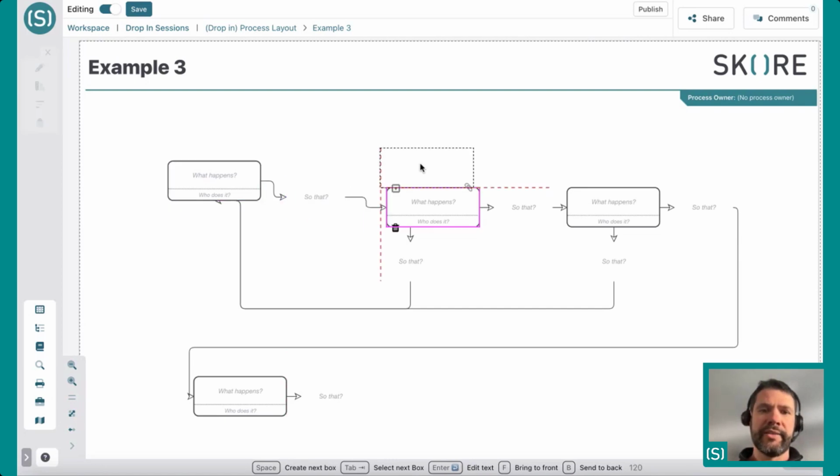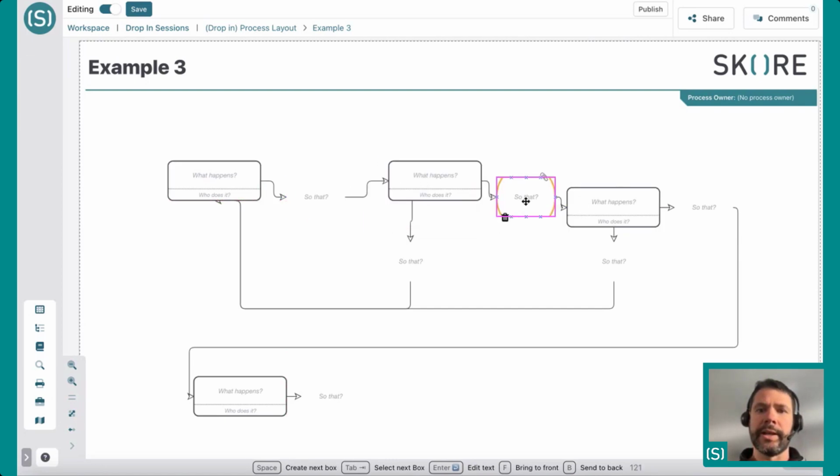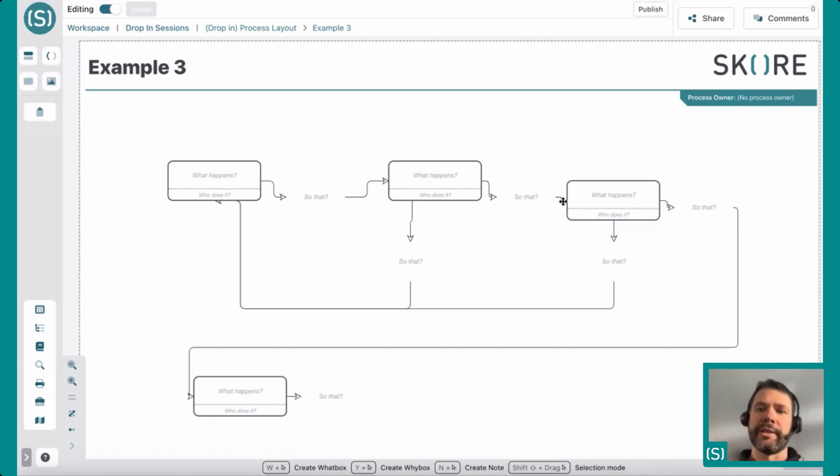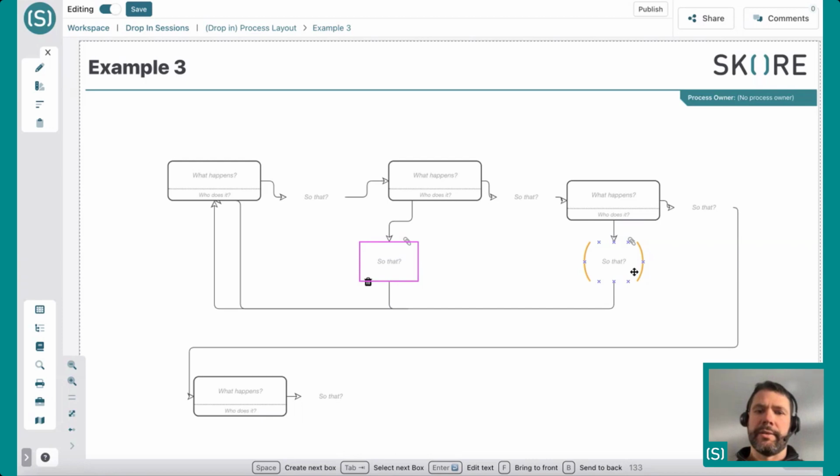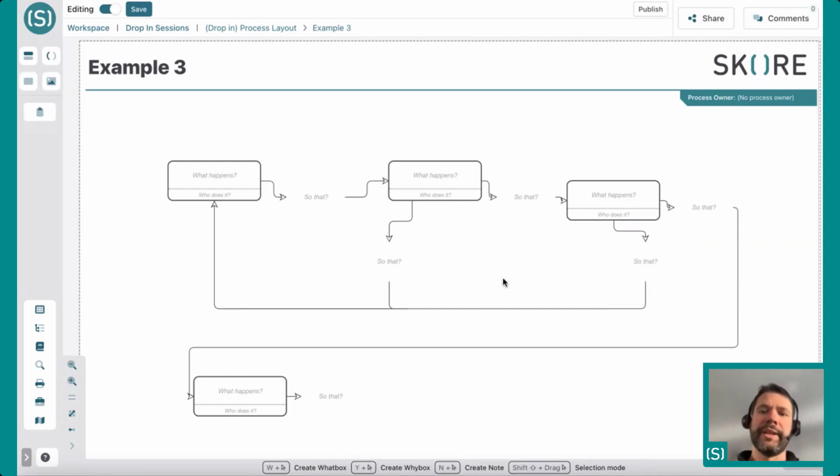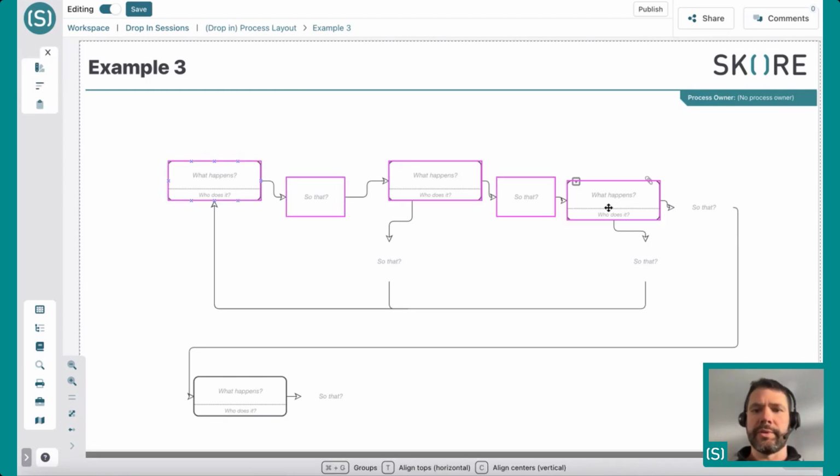If I take the same process here and my boxes are not aligned, even by 1 pixel, even just having the arrow here that is not pointing exactly in the ends, even that looks messy already. It's very easy to make a process look messy, and in Skore it's also very easy to make it tidy. So if I select the boxes,